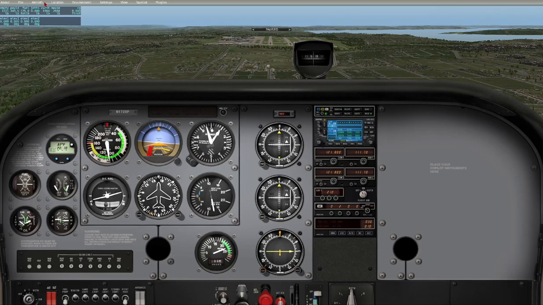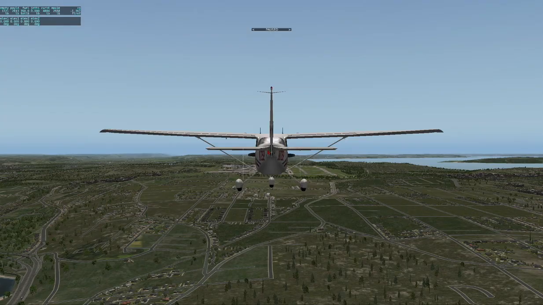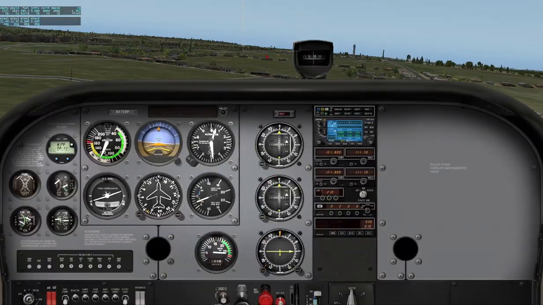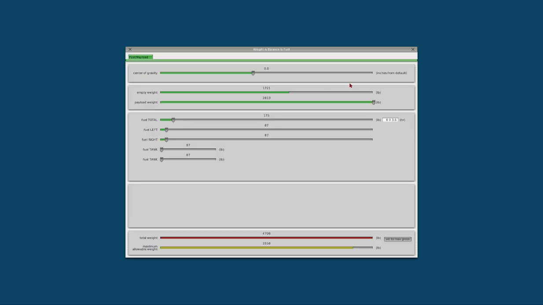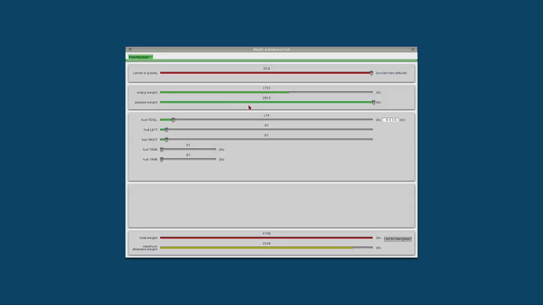Here I'm just turning on the correct parameters to look at in the top left corner, and then we are changing our centre of gravity to the minimum that it can go to, and we're also putting our weight as high as possible. This will make it harder to keep our plane balanced, and harder to ascend. As you can see here is the challenge to pitch upwards. Then we change the centre of gravity to as far as possible, which will make it harder to